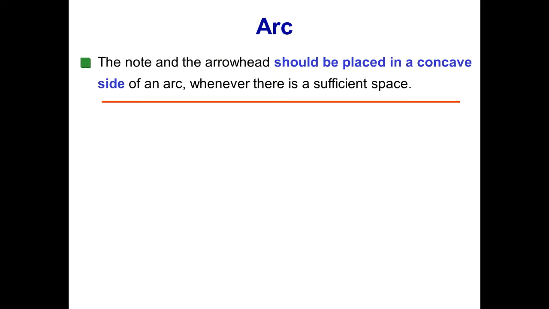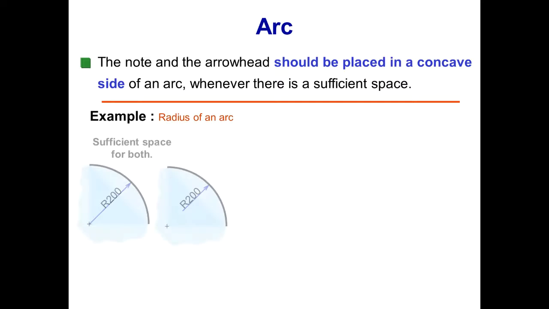The node and the arrowhead should be placed on the concave side of an arc whenever there is sufficient space. For example, these are the two examples. अब आपके पास ये arc है, इस arc का center यहाँ पे lie कर रहा है, and then you are basically denoting the radius of this arc. तो आपने क्या करना है कि whenever there is a space, तो आपने उसका जो concave side है,